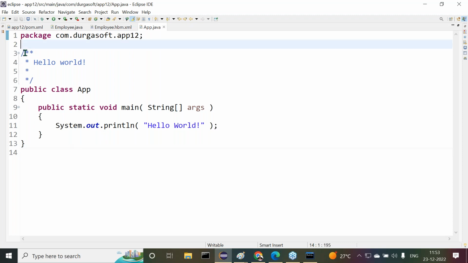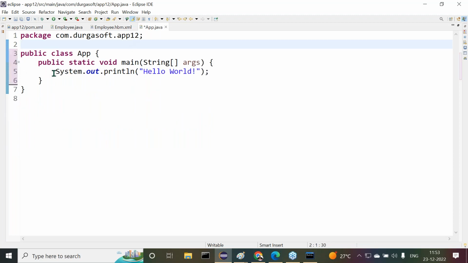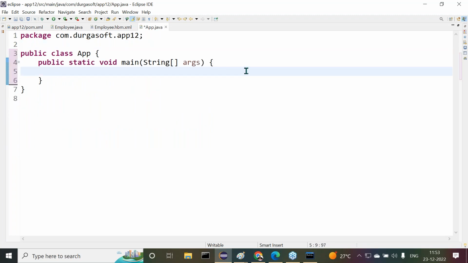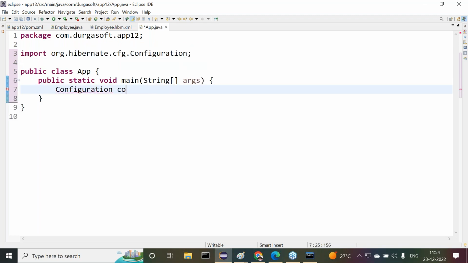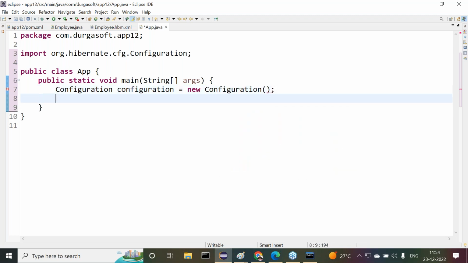Now, first of all, I want to prepare a configuration object. Configuration is equal to new Configuration. Object I created here. Then after this configuration object, configuration dot